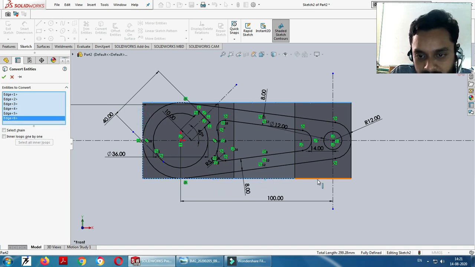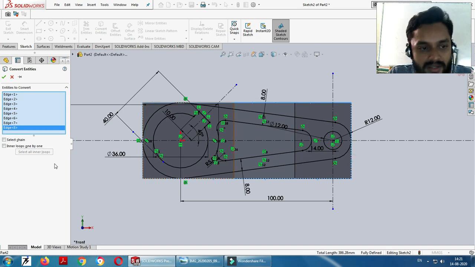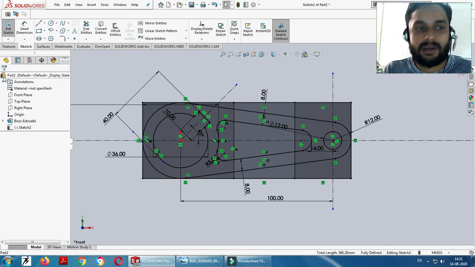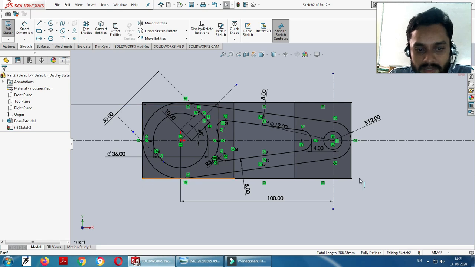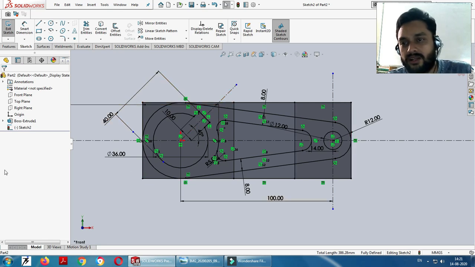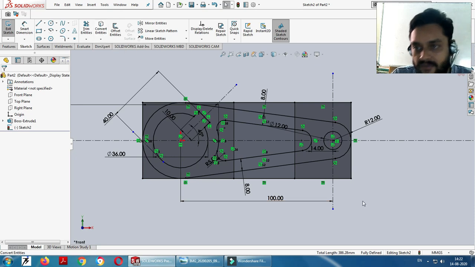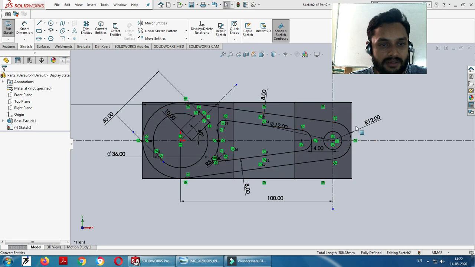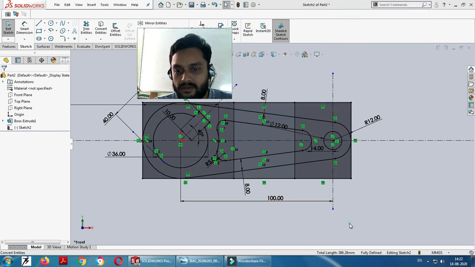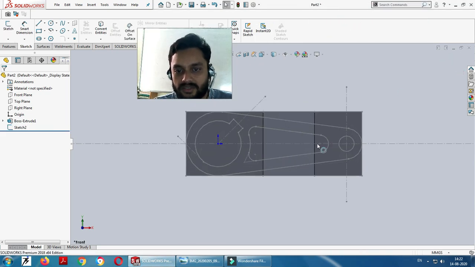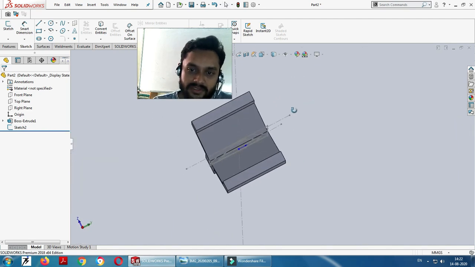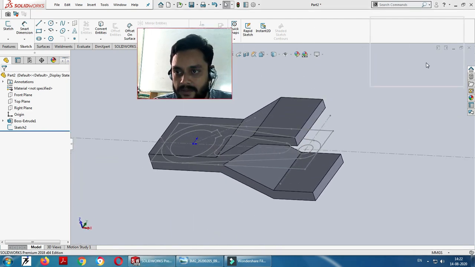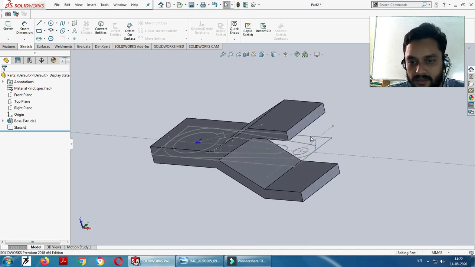So thereby we'll make various contours, correct, and we'll use it while removing the material. So we have made ultimately one rectangle like this. You can make the rectangle, or you can use convert entities, correct. So now from the references you can make the lines. Now your sketch is almost over, so let me close the sketch, correct. So now this is the sketch we have made in the front plane,